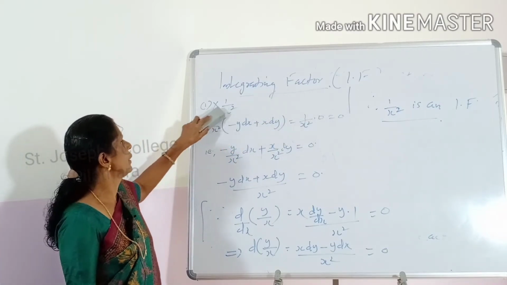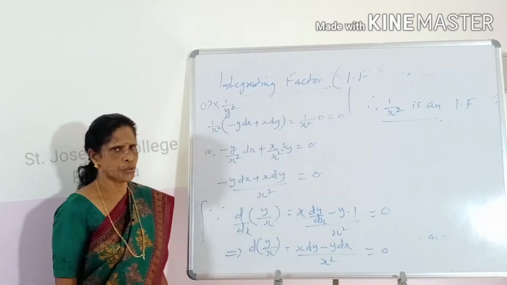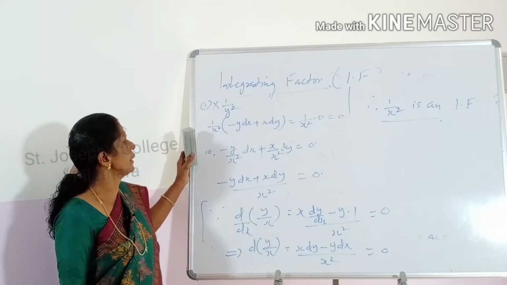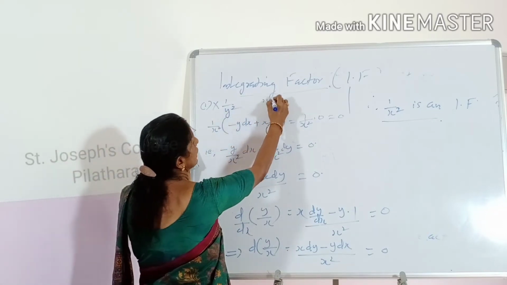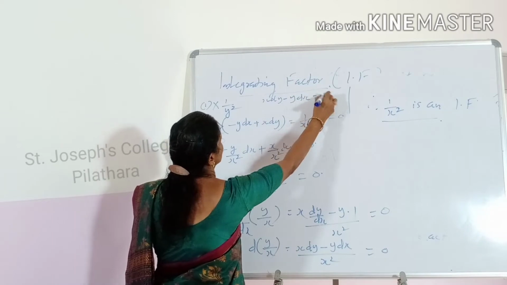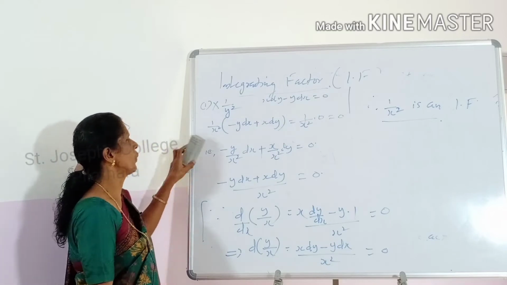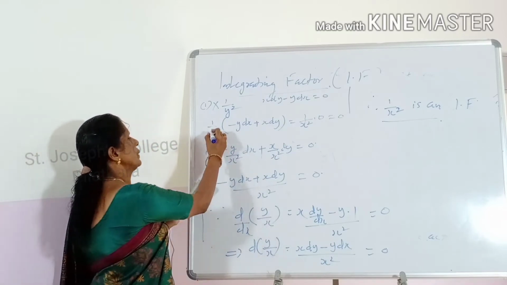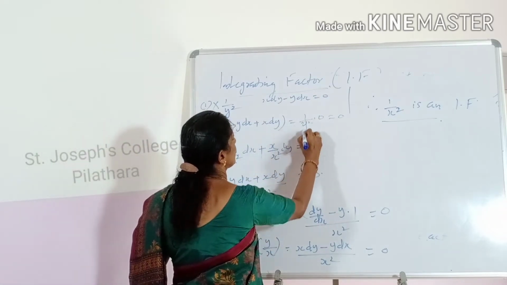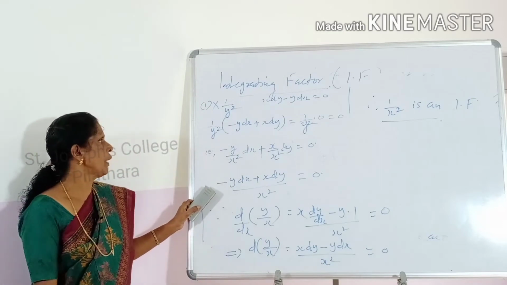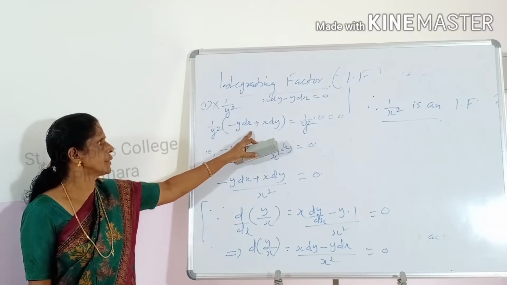Now similarly, we can prove that 1 by y square is also an integrating factor. Now the given equation is x dy minus y dx equal to 0, or minus y dx plus x dy equal to 0. Multiply the given equation by 1 by y square. Therefore the equation becomes 1 by y square into minus y dx plus x dy,